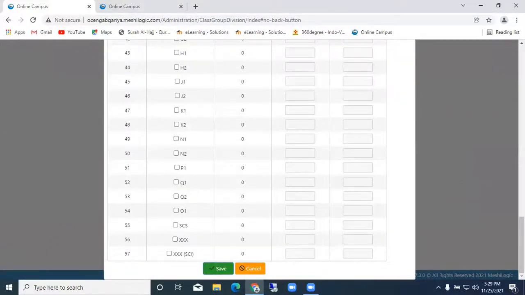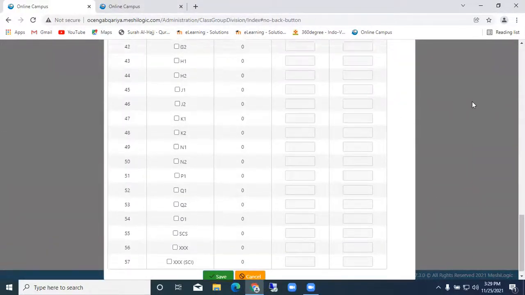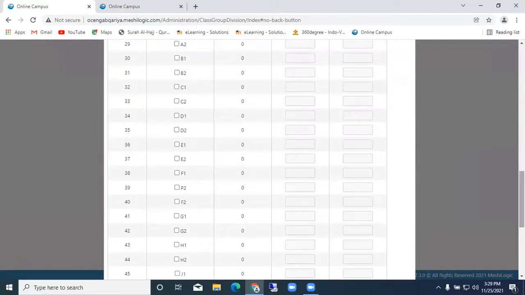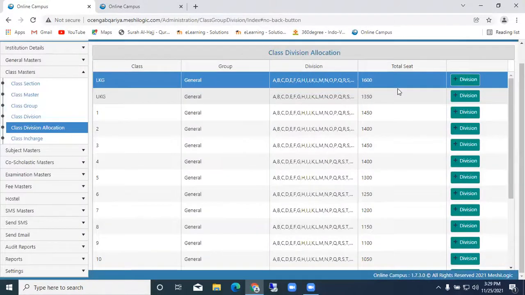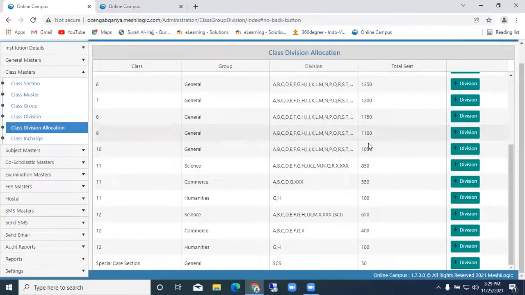So this is just a one-time job. Before we start any process, we need to set all these things. Depending on that, it is showing all the details here. How many students are there? Every session, how many divisions are there? Every class, how many sessions are there? And the group is also shown.